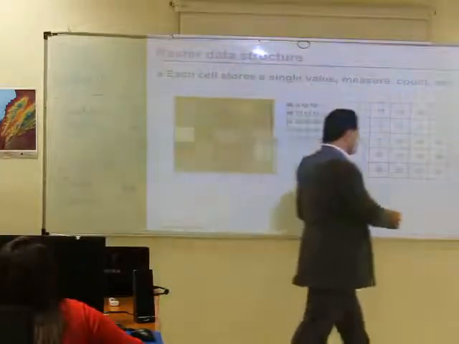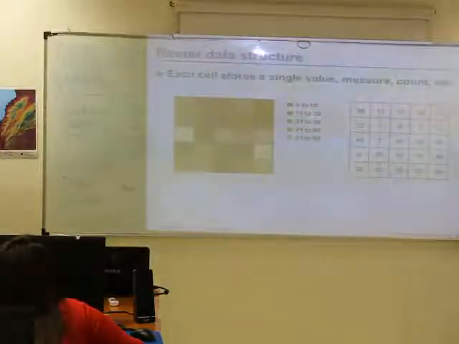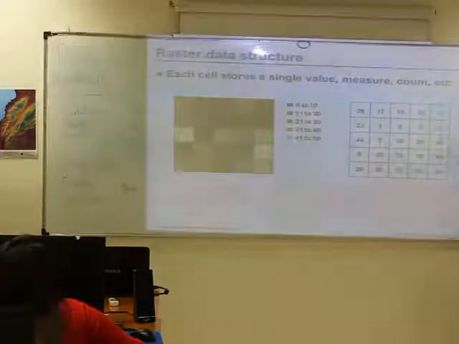This is a real structure of elevation data that is presented in these colors. Each cell has a value. It could be integer, it could be double, whatever. So number 7 here